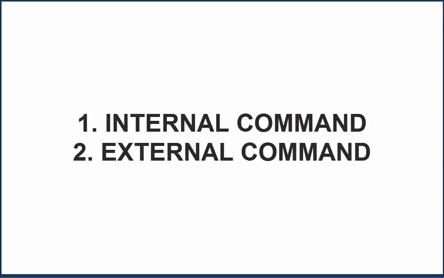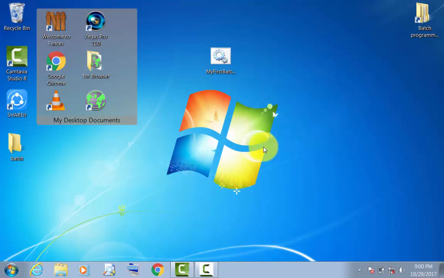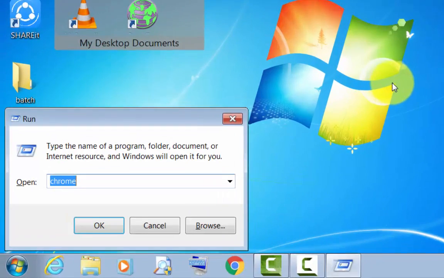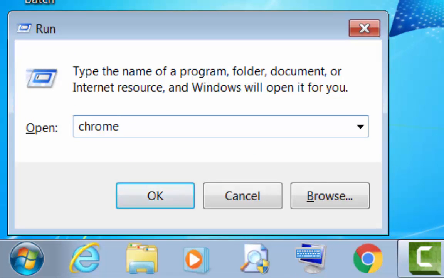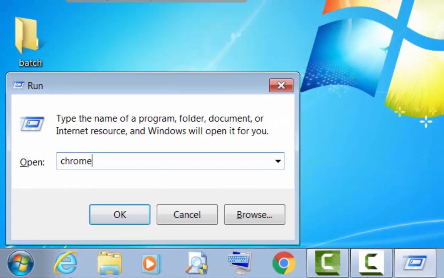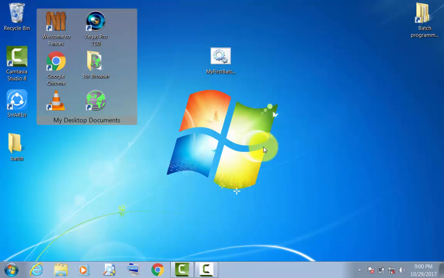What are the external commands? External commands are like, if you install any third-party software, these commands are embedded in this operating system after installing. Like Chrome, this command was not there before installing Chrome. So this Chrome has been installed. Now if I put Chrome, then Chrome is opening. So these come under external commands.